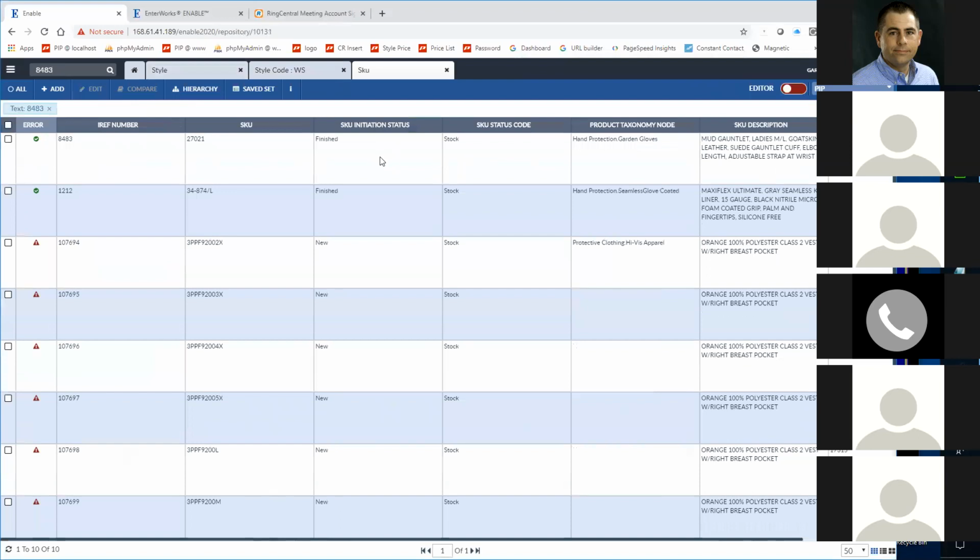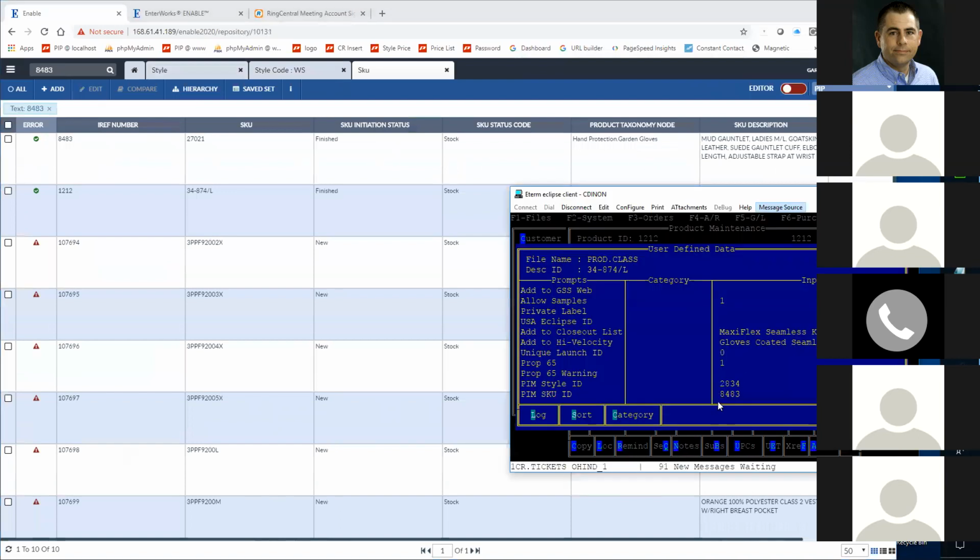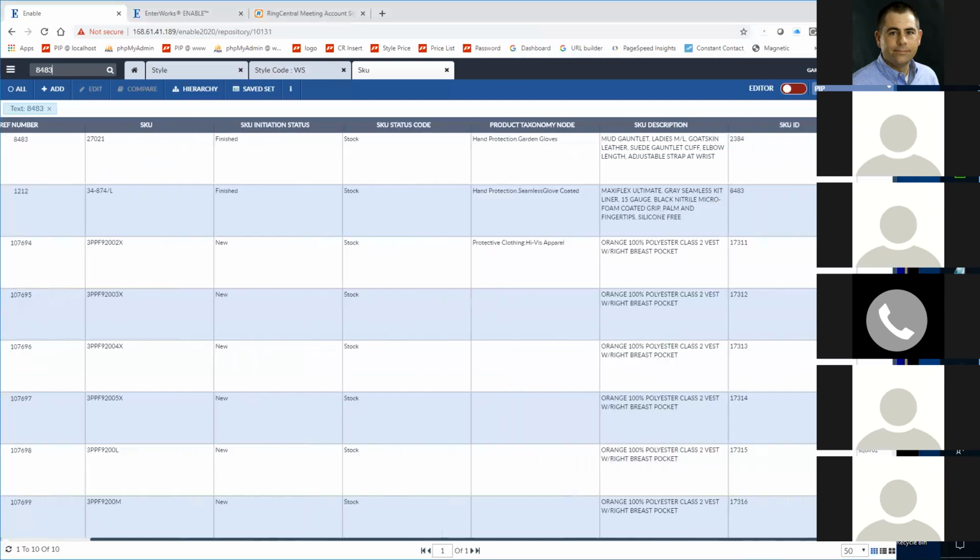There's a large size right there. Did I put that right? 8483. 8483. Oh, this is the IREF number. But yeah, this is SKU identification numbers over here. So